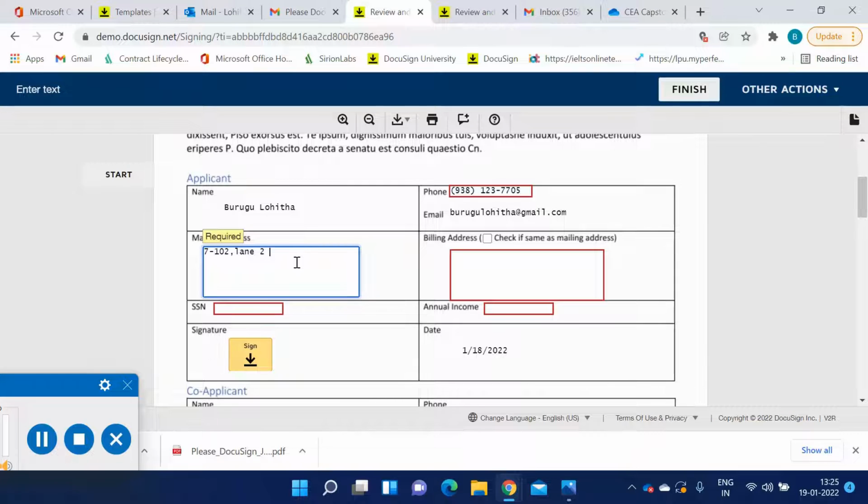So I'll just enter the random mailing address. Then if I'm clicking here, that means my mailing address and billing address are the same, so there is no need to re-enter again and again. So I just want to simply click this option,